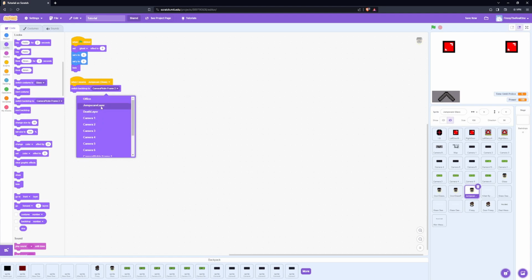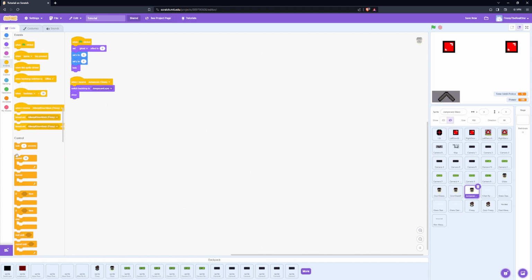we're going to switch to the jump scare layer. You guys can feel free to do this little jump scare layer thing or not. I just like it because it's a little more effect, I guess. And we're going to put a repeat function, and we're gonna set that to 5. We're going to put a wait